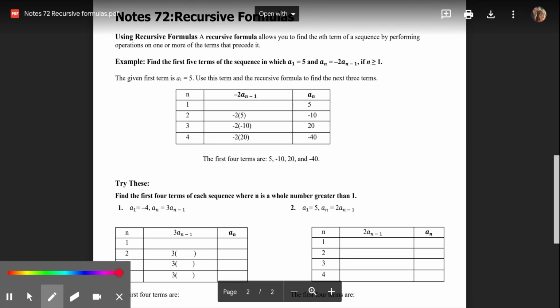So a sub 1 is 5, so that's what we're going to start with. And then a sub n equals negative 2 a sub n minus 1 if n is greater than or equal to 1. All that n minus 1 means is just your previous one. So that's all you're going to do, just go from there. For your first term right here, you always put what a sub 1 is, what you start with. And then all you're going to do is take negative 2